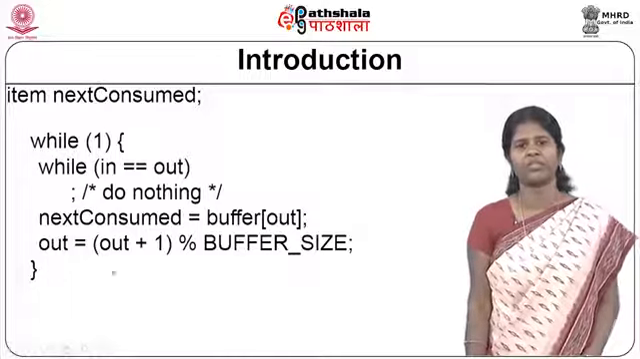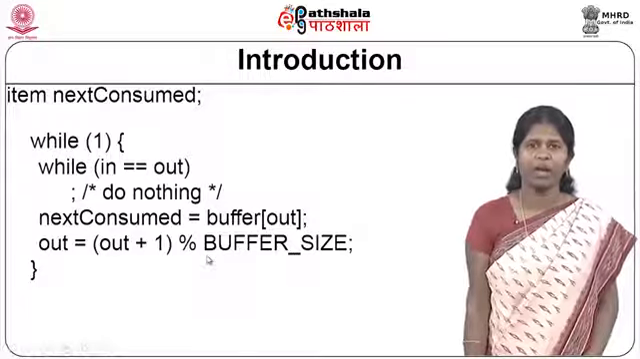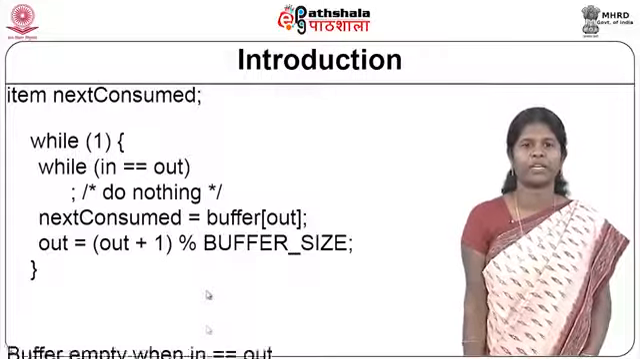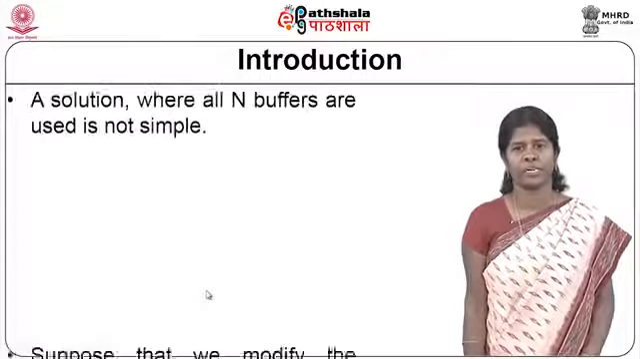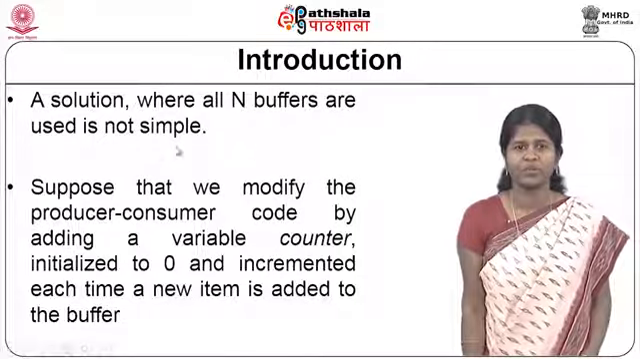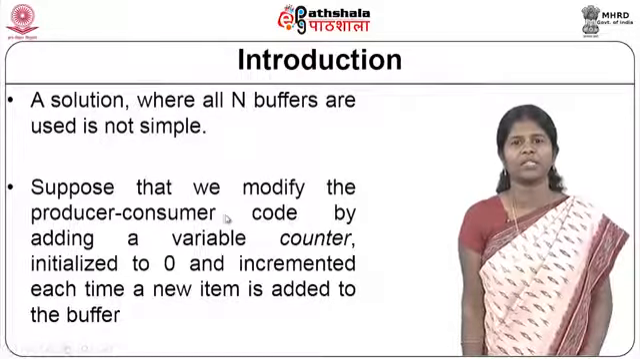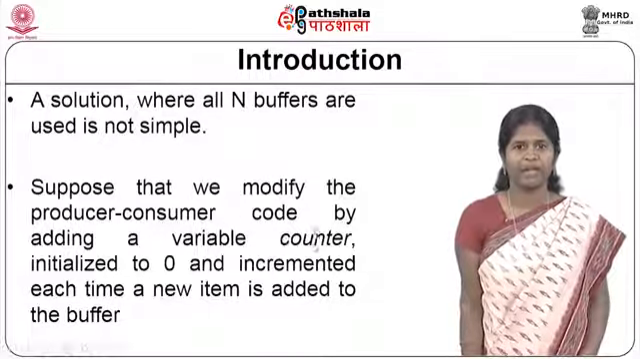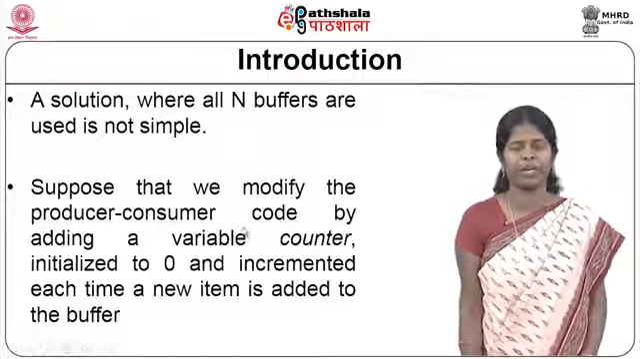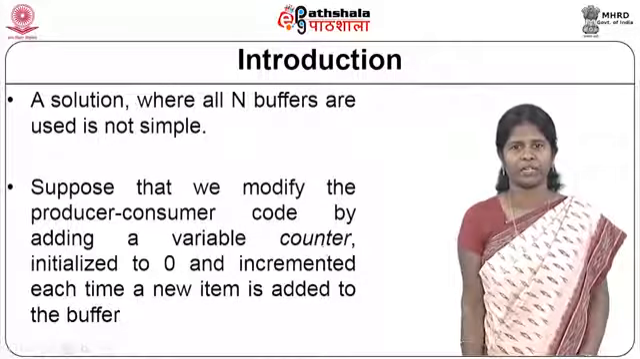And this solution to the bounded buffer problem that we had seen does not allow us to place all n items into the buffer. You can place only n-1 items into the buffer. So, we try to give a solution where all n buffers are used, but that is not a simple solution. That is provided by a variable called a counter, which is shared between the producer and the consumer,